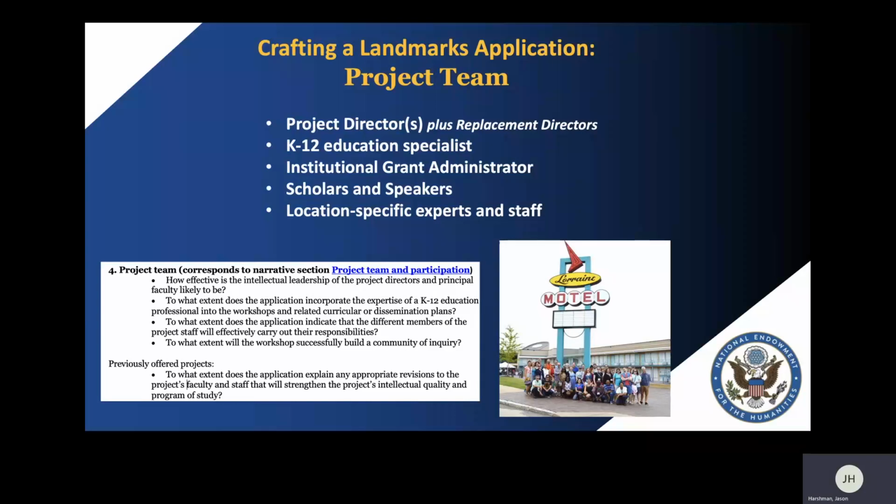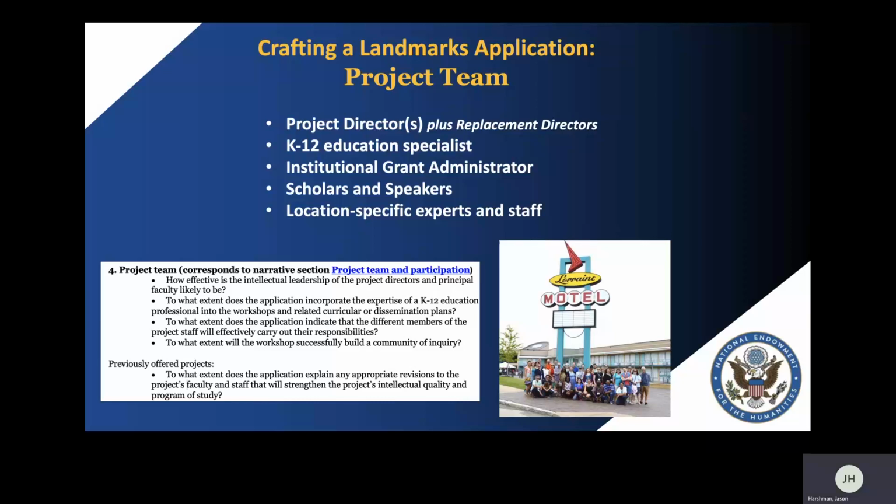An education specialist is required to be part of the team and involved during the planning and implementation of your program. This may be a curriculum leader. This could be a teacher education and curriculum development professor. This could also be a previous participant, meaning a teacher who stood out during a previously offered program who you believe would work well with the teachers. A program specialist can also serve as a co-director.